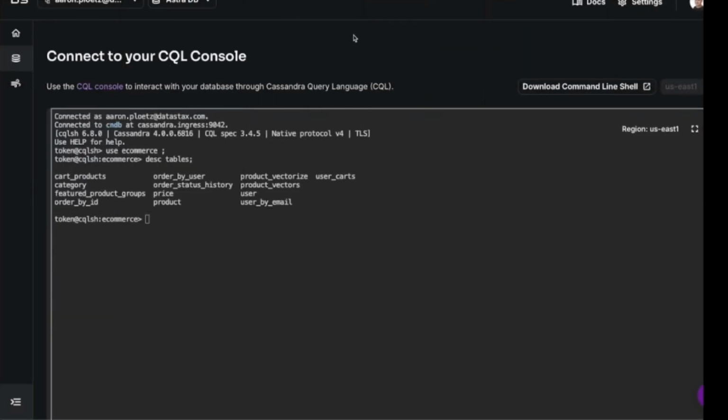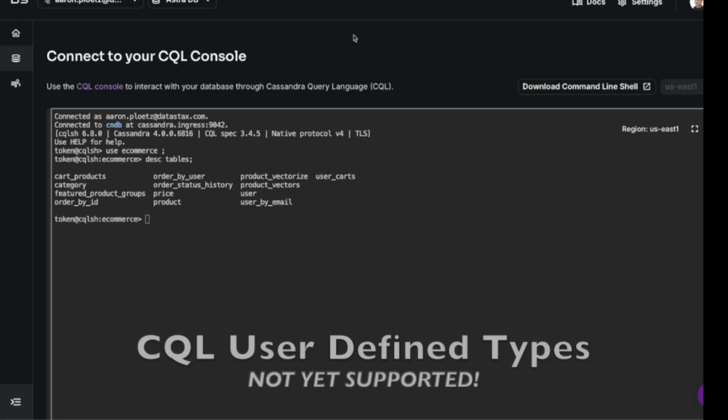All right, everyone. I went and got some clarity on the error that we're seeing around the addresses user-defined type on the user table. And it turns out that user-defined types are not supported yet in the table API. So that's something that we're going to have to address at a future time. But for the interim, let's just see if we can work our way around this.